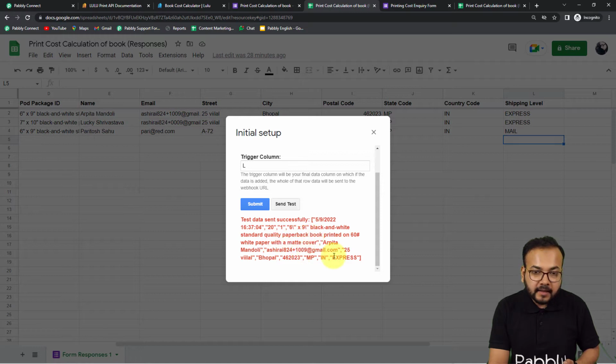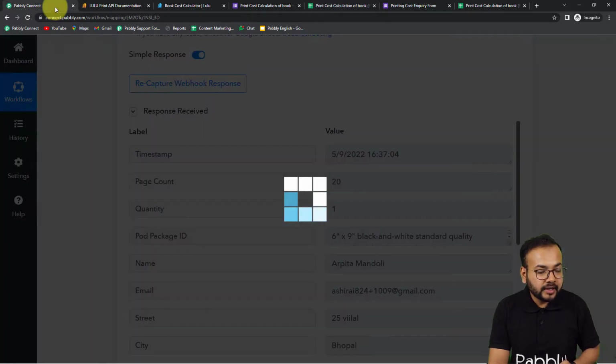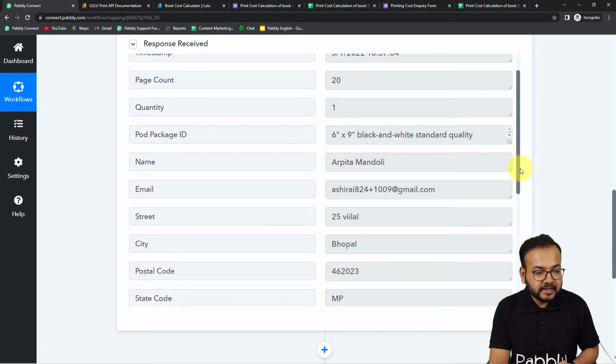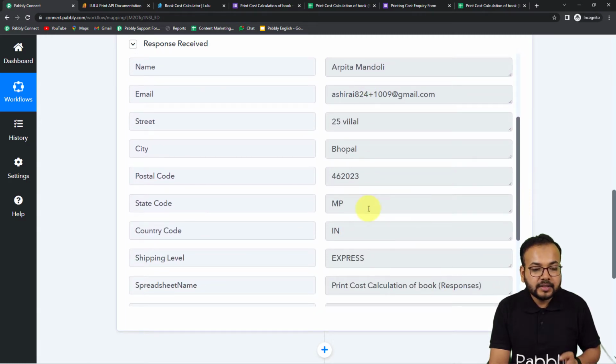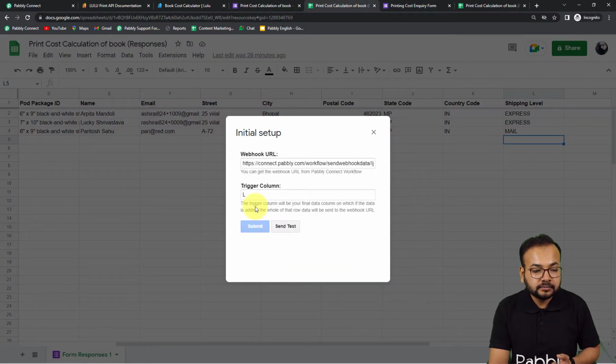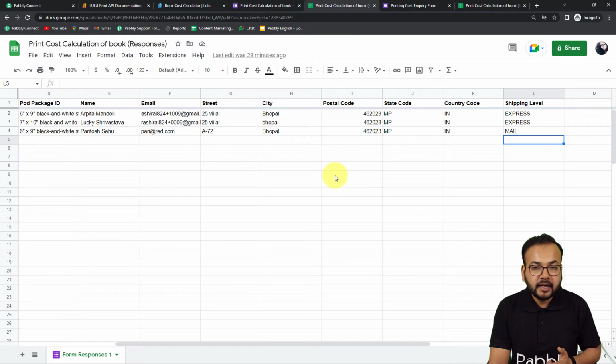Okay, let's check in our workflow if we got the data. And you can see in the response we got the data, and the data is the page count, quantity, production package ID, name, and all these things that the person has filled is here. So we are going to set up this automation further with this test data. Okay, now go back to your spreadsheet, click on submit here in the initial setup,